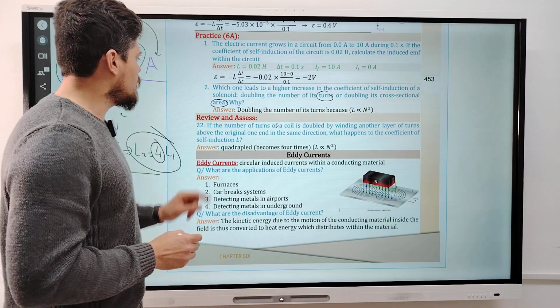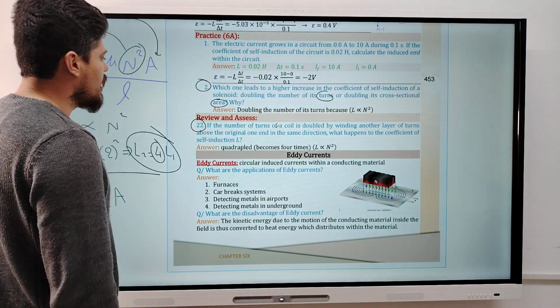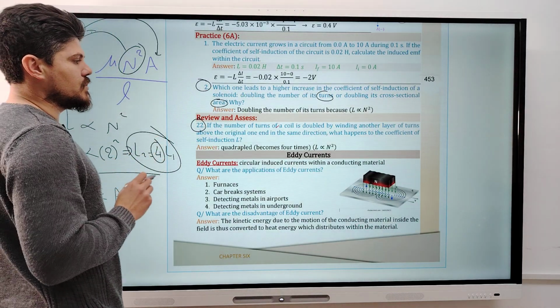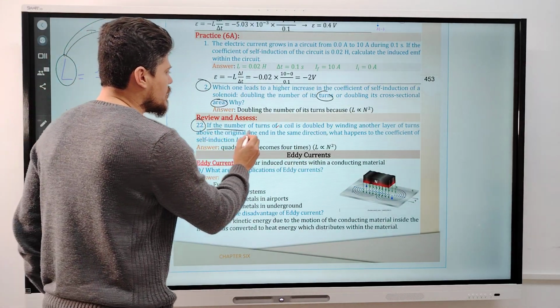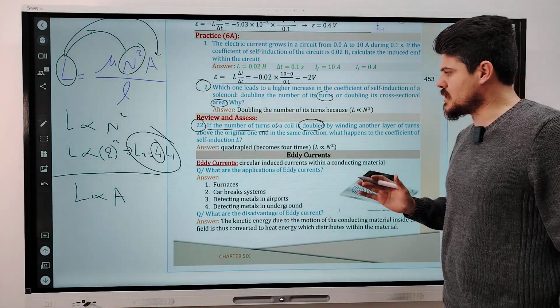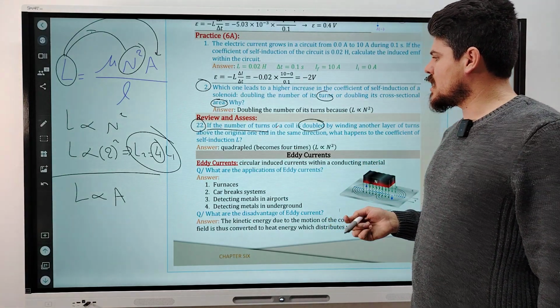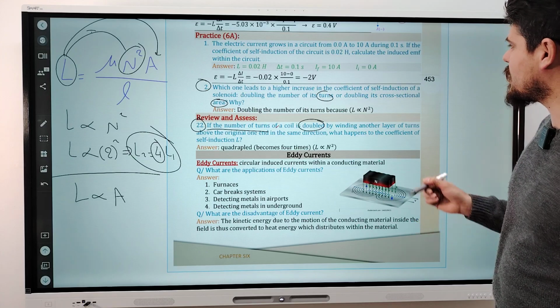So in that case, question number 22. This is question 2 of the practice 6A. Question number 22 in chapter review. The number of turns of the coil is doubled. What happened to the number of coil? Double, increases, by winding another line of turns above the original one in the same direction. It means that